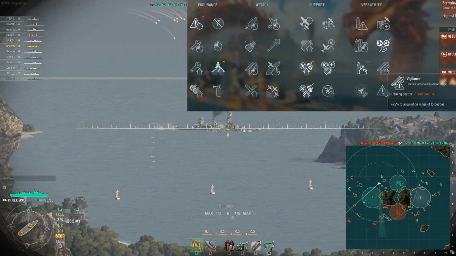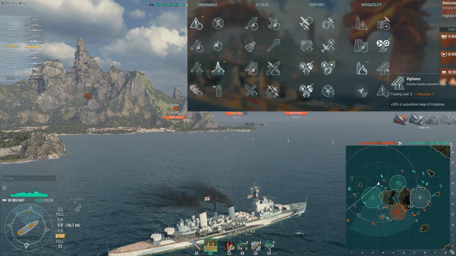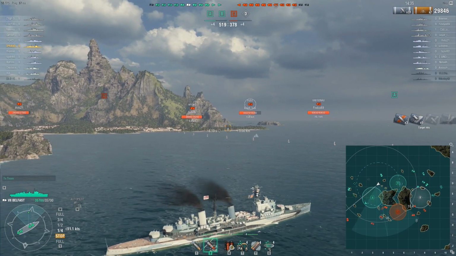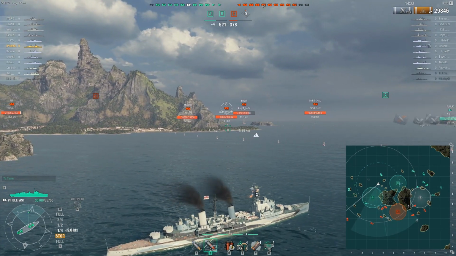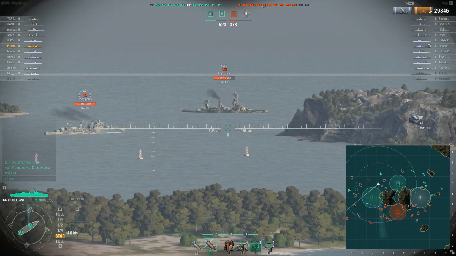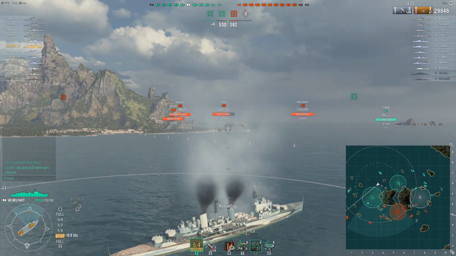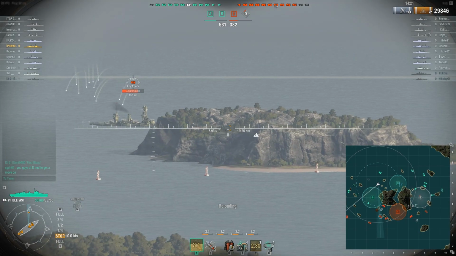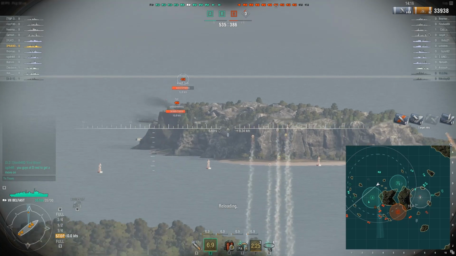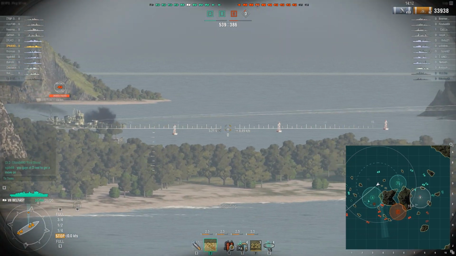And last up on tier 3 is Vigilance. Plus 25% to acquisition range of torpedoes. What this does is, you will spot torpedoes incoming to your ship 25% further away. From what I understand, either the skill or the module also, or perhaps even both, stack with hydroacoustic search. Now, to make sure that this actually works, if this is what you're going to make your decision based upon, just check the comments. Somebody will definitely correct me whether this does or does not affect the